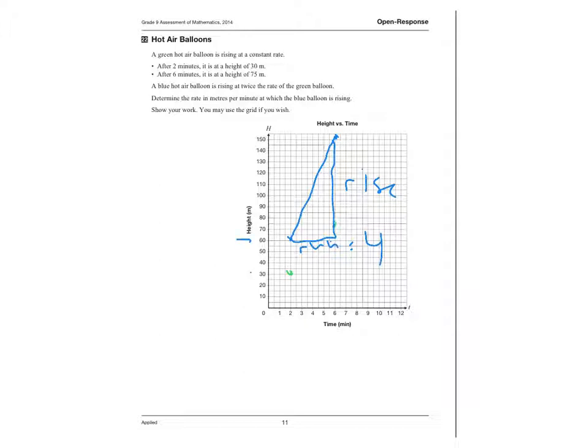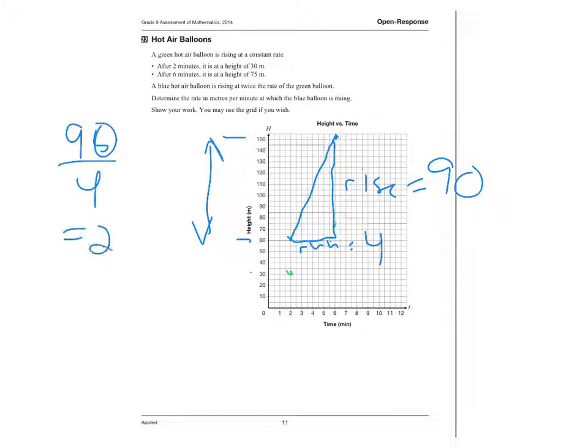From 150 to 60, that's 90. 90 over 4 is equal to 22.5 meters per minute. Okay, and I could say, therefore, the blue balloon is rising